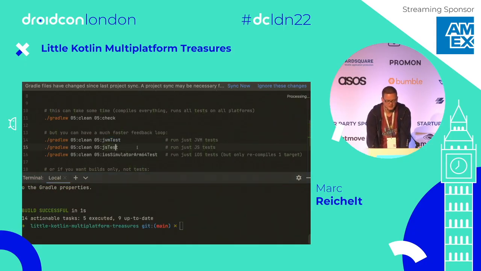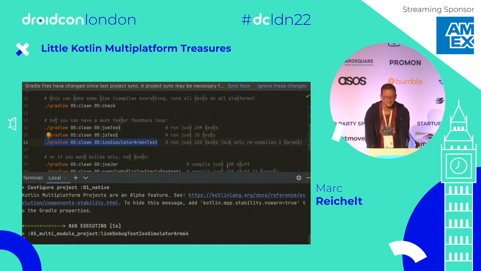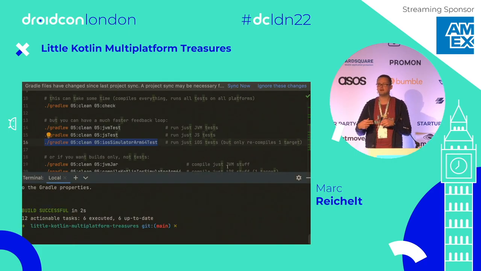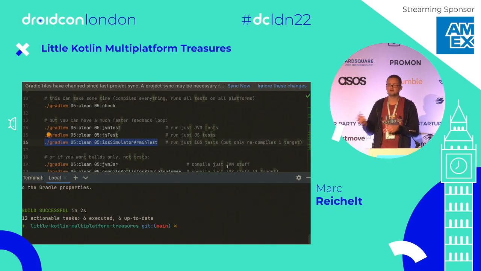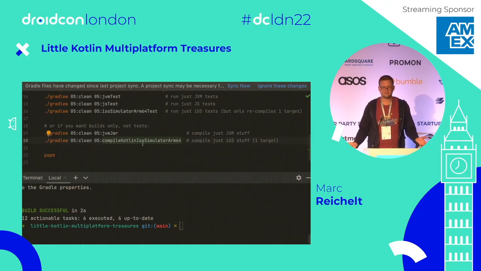And you can do that for JavaScript as well, or only the iOS thing. So for example, in this case, we don't compile the other targets, which is ARM64 for the device and the x64 architecture for the simulator, because we don't need them. We only want the iOS architecture. That's already faster. But mostly, if you work on Kotlin Multiplatform code, the nice thing is you can just run the stuff you need,